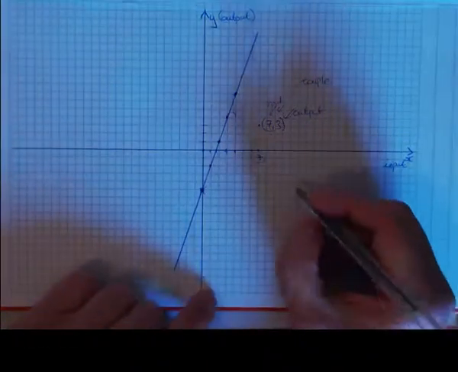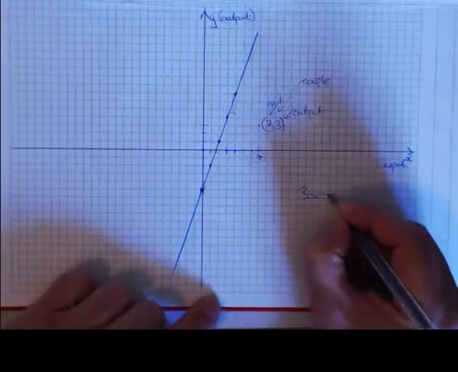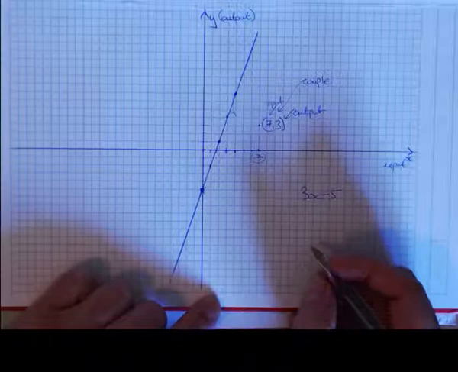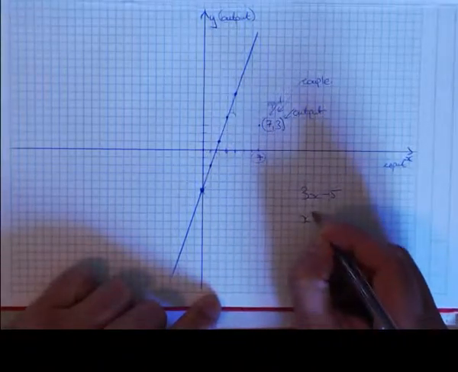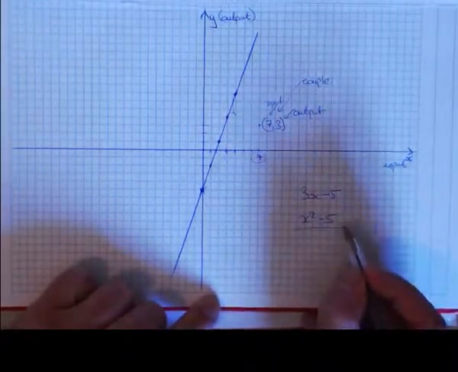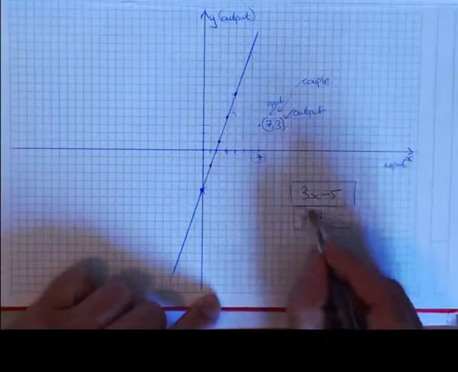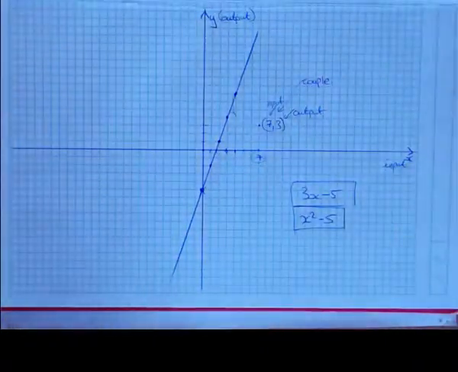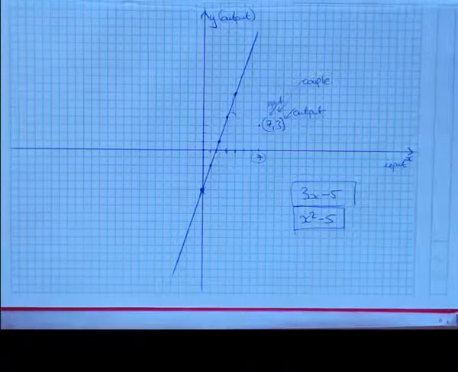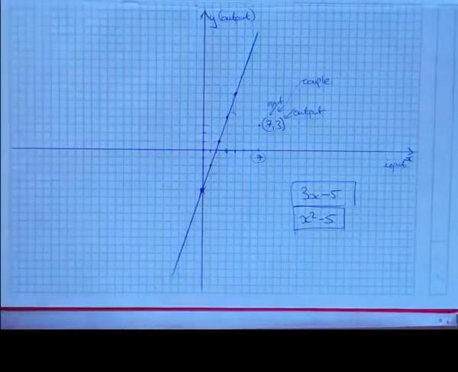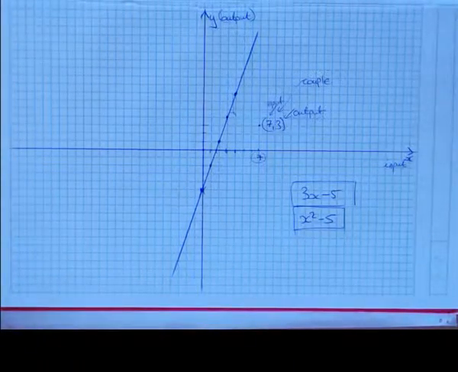Remember again, when a function looks like 3x minus 5, we get a straight line. When a function has an x squared in it, then we don't get a straight line. So our graph of our function will tell us something about what we're doing. Okay, so that was just a little bit of revision about graphing things, and now we're going to have a